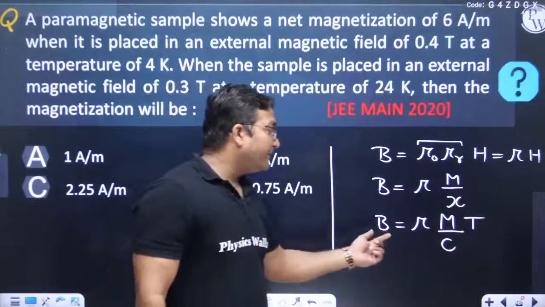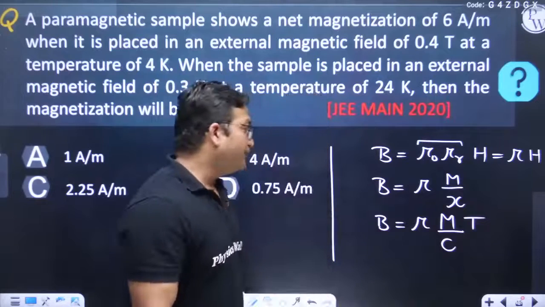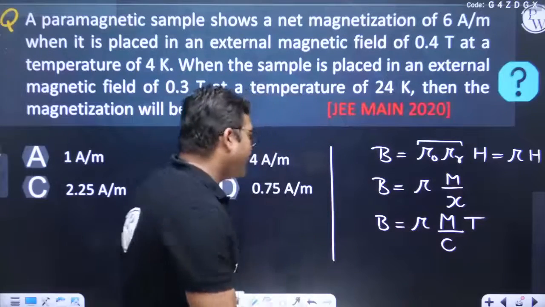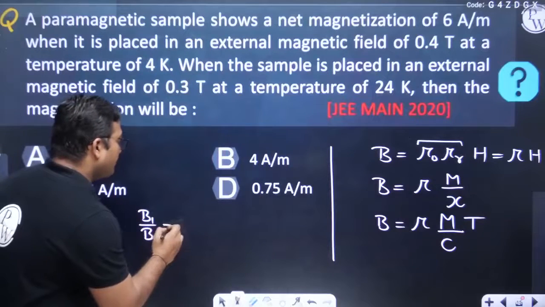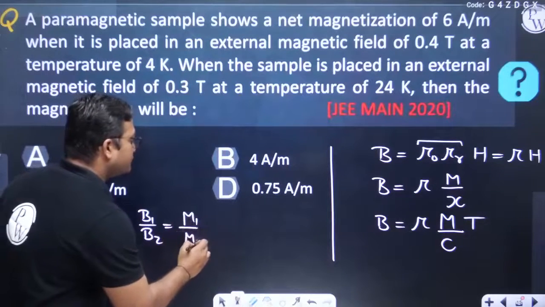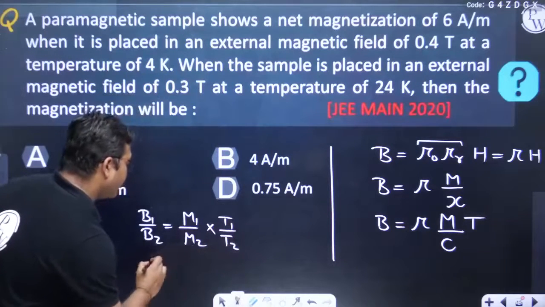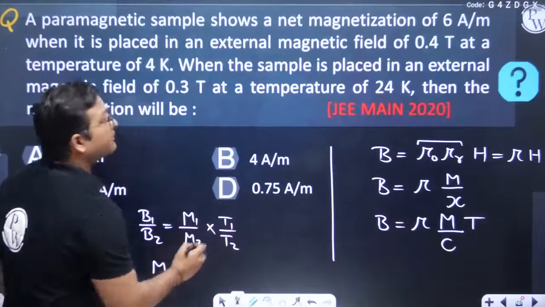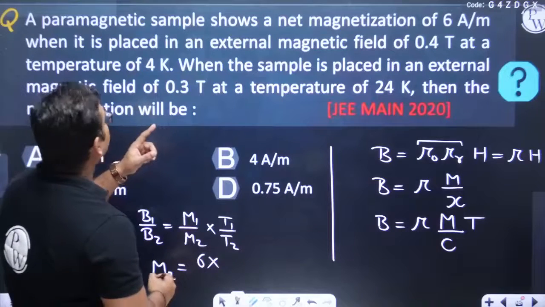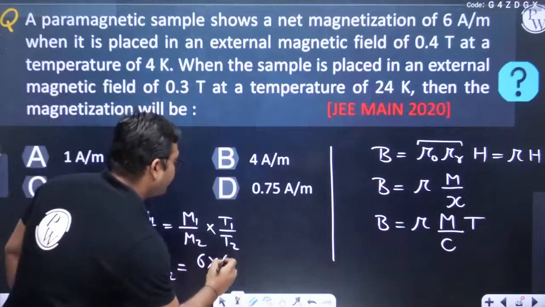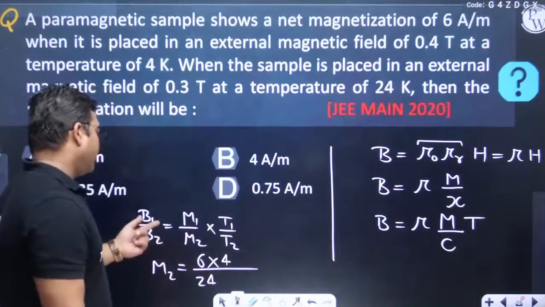So we are changing the magnetic field, the magnetization is changing, and the temperature is changing. We have mu and C constant. So we can write B1 by B2 equals M1 by M2 multiplied by T1 by T2. So here M2 becomes M1 T1 by... What is M1? M1 is 6. T1 is 4 Kelvin, divided by T2, which is 24 Kelvin, and we also